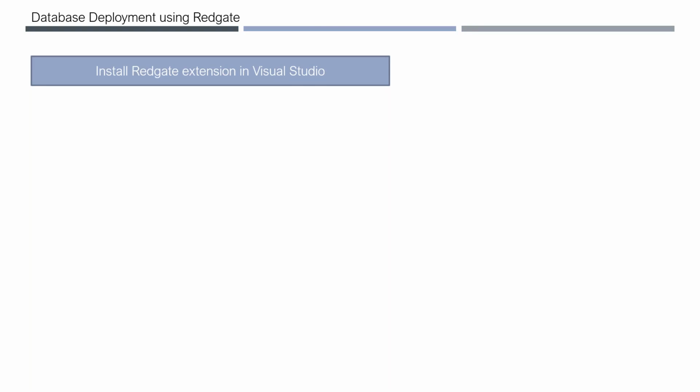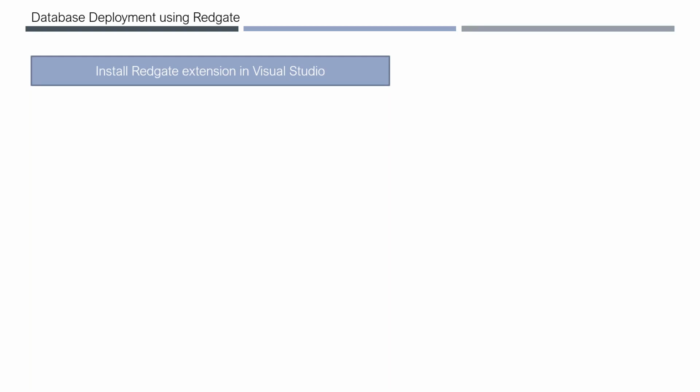So what we need to do? Like application DevOps, it has build and release pipelines, right? Even for database DevOps, you will have the build and release. Since we are currently dealing with CI, continuous integration, which is nothing but your build pipeline, for now we deal with the build pipeline. So we integrate the database with our build pipeline. For that, you need to do a couple of things.